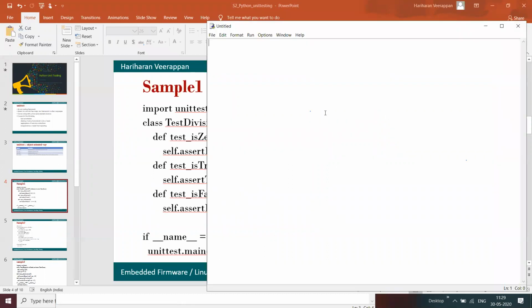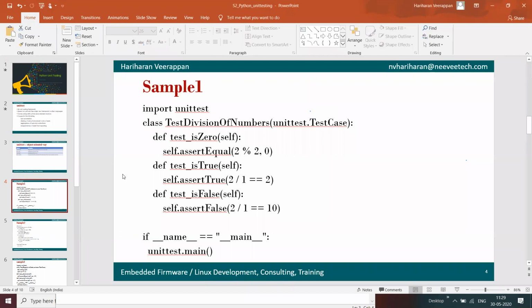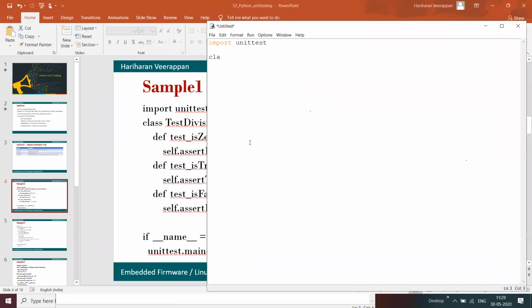In this case, I'm going to import unittest over here. Then I want to do a simple division of numbers, so I'm going to create a class TestDivision, and it should be a child class of TestCase.